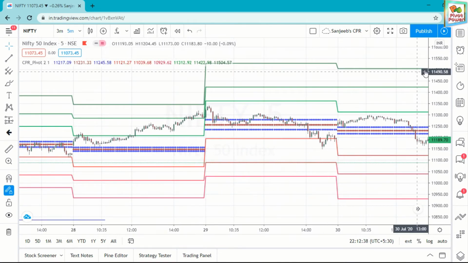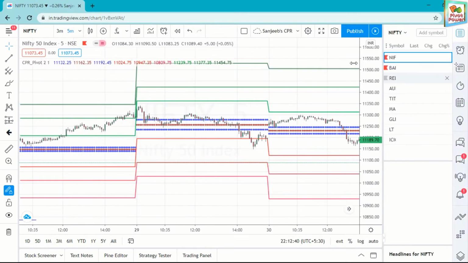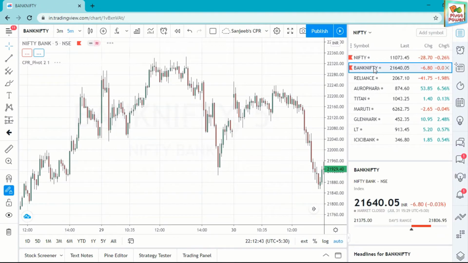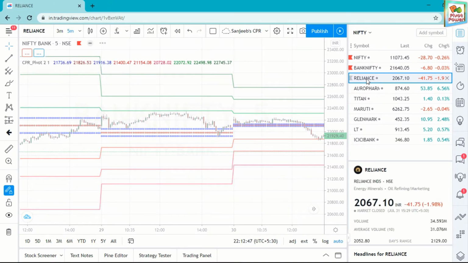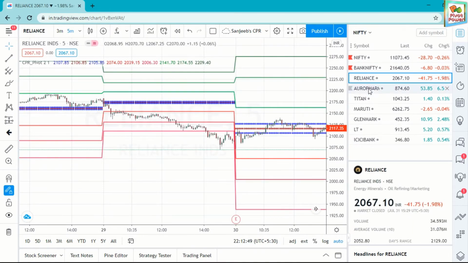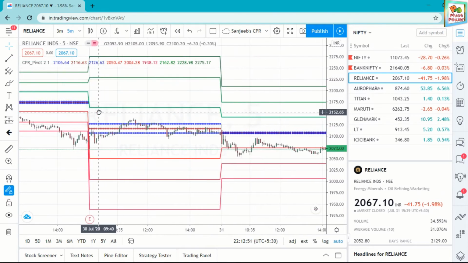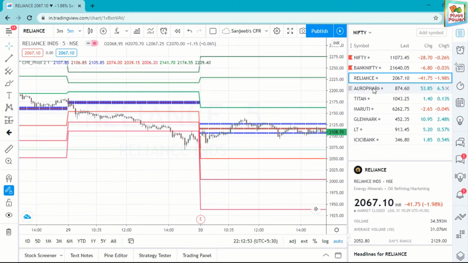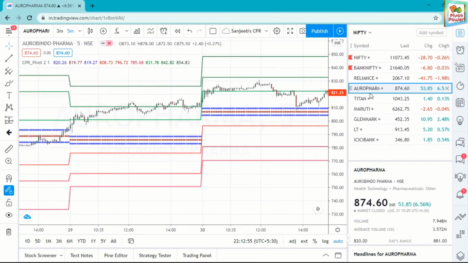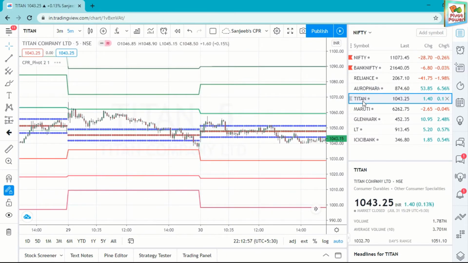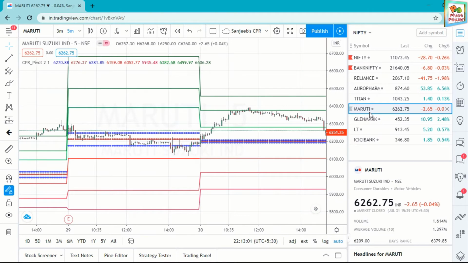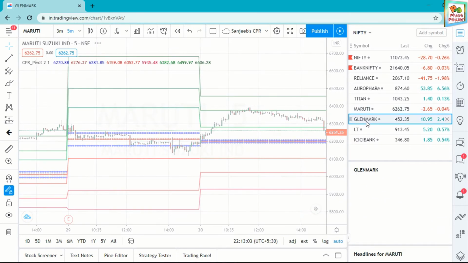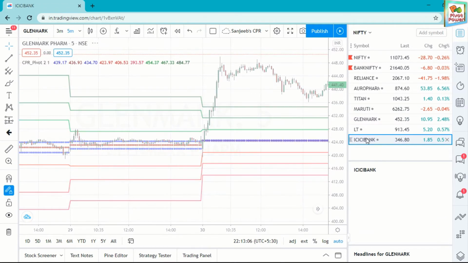This is Nifty. You can show this for Bank Nifty. This is Bank Nifty. You can also use any stock. This is for Reliance. Check for Aurobindo Pharma. For all, it will come. Check for Maruti, and anyone, Glenmark, ICICI Bank.